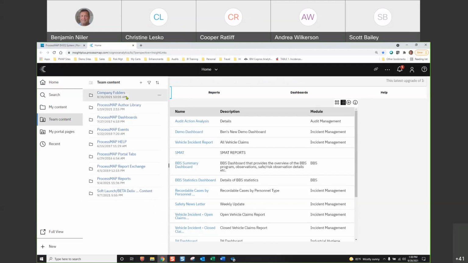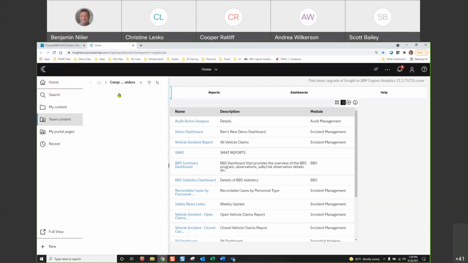Okay, so we'll start at the top. Company folders. This is going to be unique to your organization. For example, I've got 3 folders here. You're just going to have 1, and it's going to have the name of your organization. If you open that up